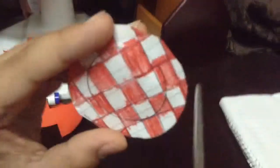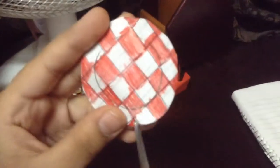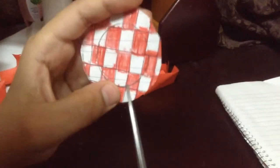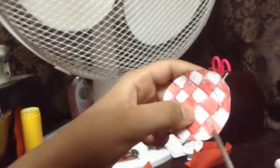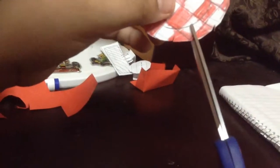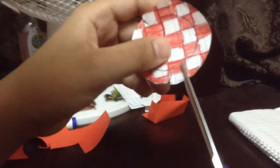Now you will see how we're gonna make this. So now you can see that the little circle inside, we're gonna cut little bits of it, but we're gonna not enter the scissor in this circle, okay? Like this, this, this, this, this, here, here, here, here, cut, cut, cut,